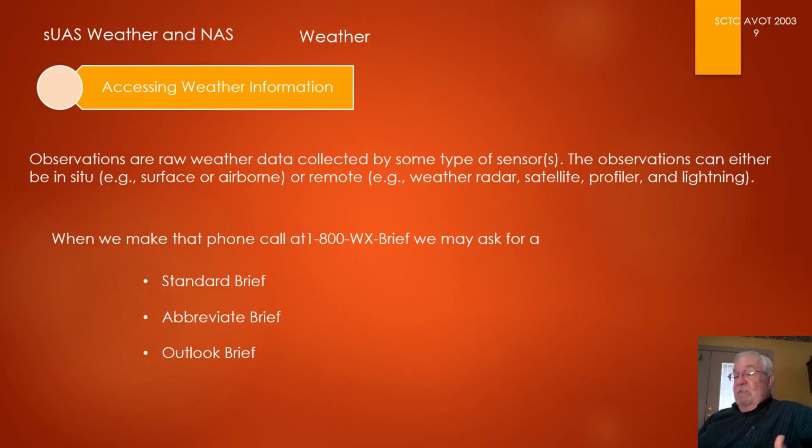These are verbal briefs that you do over the phone. Standard briefing contains a detailed briefing and concerns flight planning. If we're going to call for a briefing, this is the first thing you ask for. An abbreviated briefing is more appropriate for a local flight when a standard briefing has been obtained earlier. So if you've already got a standard briefing and you just want an update, you ask specifically for an abbreviated briefing. Otherwise, they're going to cover all of the things; there's a lot to cover, generally speaking.